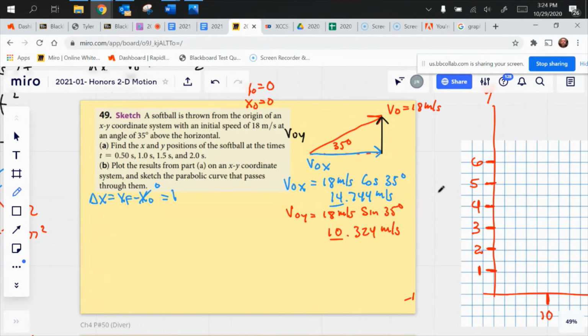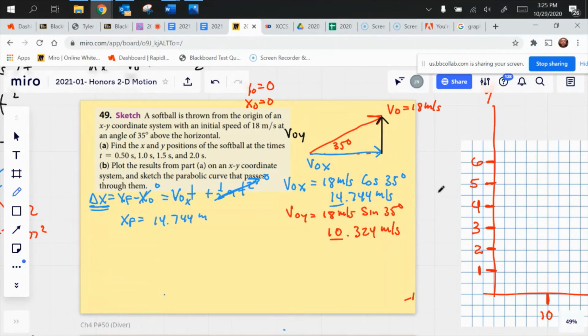That's equal to the initial velocity times time plus a half of the acceleration times time squared. Now, remember, this is just for the X direction. There is no acceleration in the X direction on a projectile, so this term is going to go to 0. So this X final is going to be nothing more than the initial X velocity,